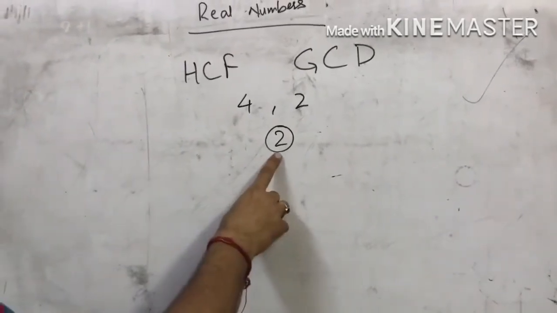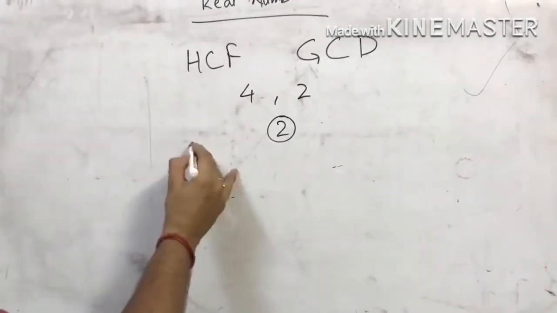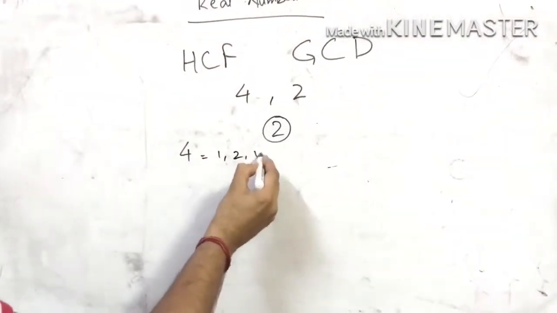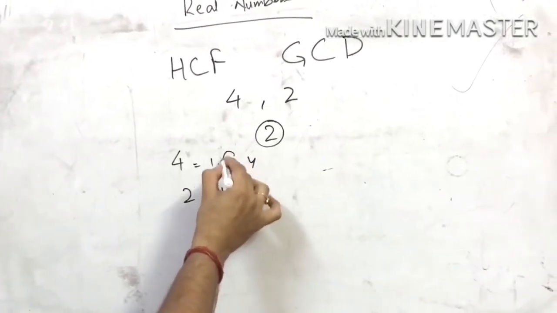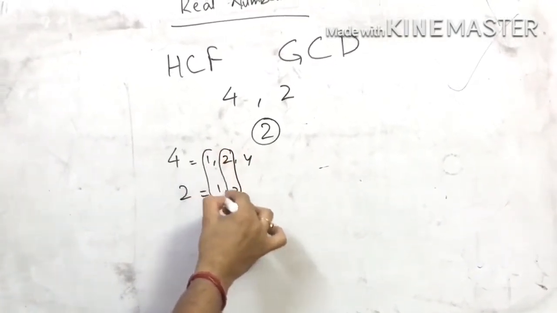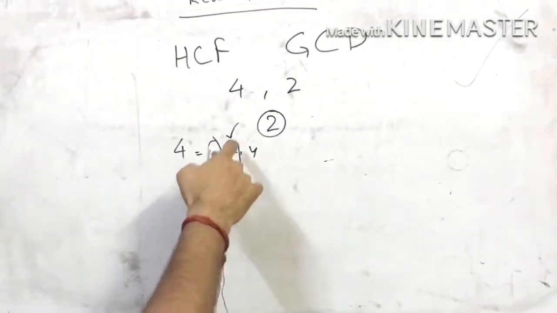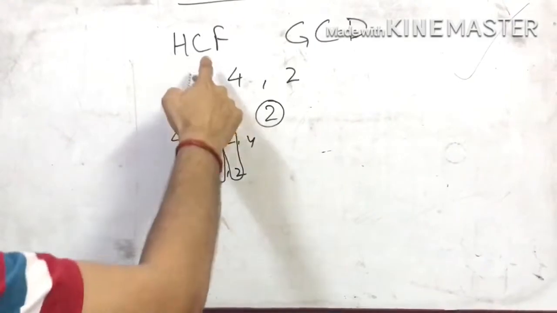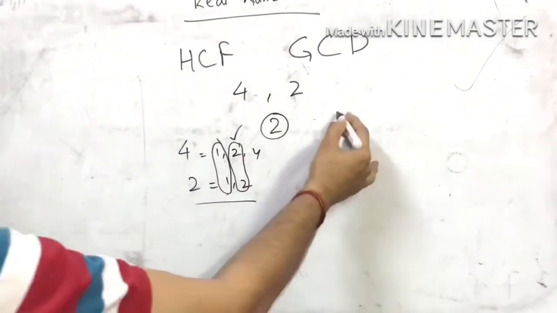because this is the number which is the highest, which is the biggest number, because they have different factors like 1, 2 and 4. It has got 1 and 2. So if you see common 2 as well as 1, so highest means between these two, higher is 2, so answer will be 2. So highest common factor you can find by prime factorization method, you can find by division method.